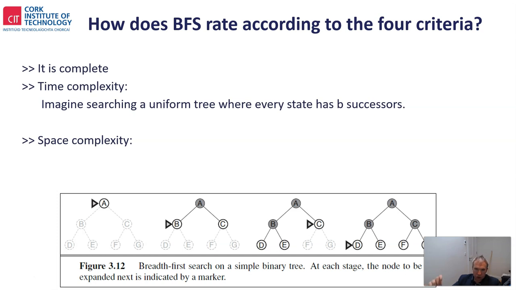The shallowest goal node is not necessarily the optimal one. Why is that? That's typically to do with the path cost. However, breadth first search would be optimal if the path cost is a non-decreasing function of the depth of the node. The most common scenario where that would take place is where all actions have the exact same cost. Okay? In relation to time complexity,